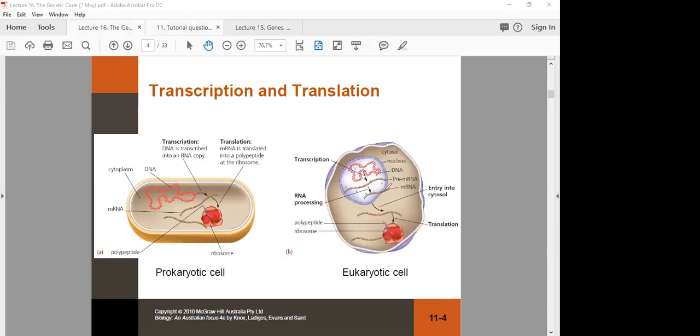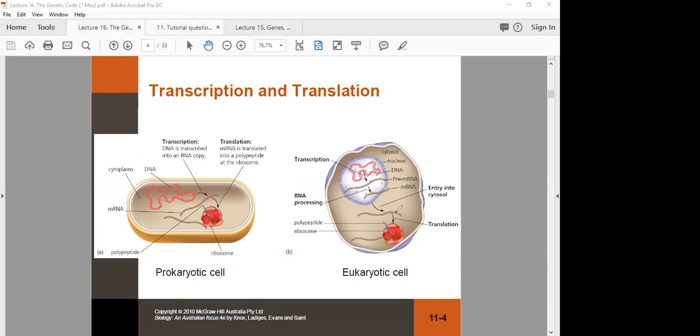And when it's finally been processed, you can see it's shorter now and it's had other modifications. It will be transported out of the nucleus of the cell, which means that transcription always takes place within the nucleus. It's transported out of the nucleus through the nuclear pores in the nuclear envelope into the cytosol of the